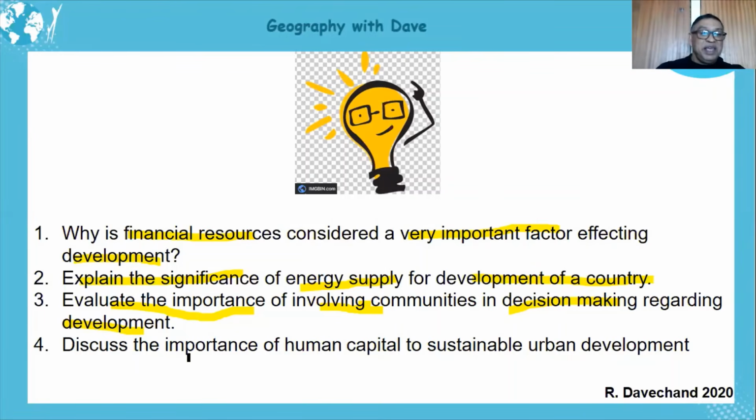Okay. The importance of human capital to sustainable urban development. Okay, remember, in urban development, you need people in the manufacturing, the tertiary sector offering services, the quaternary sector, information technology, computers. And what's human capital? The labor and the skill. So providing people with skills, having a lot of people with skills will definitely increase the market because